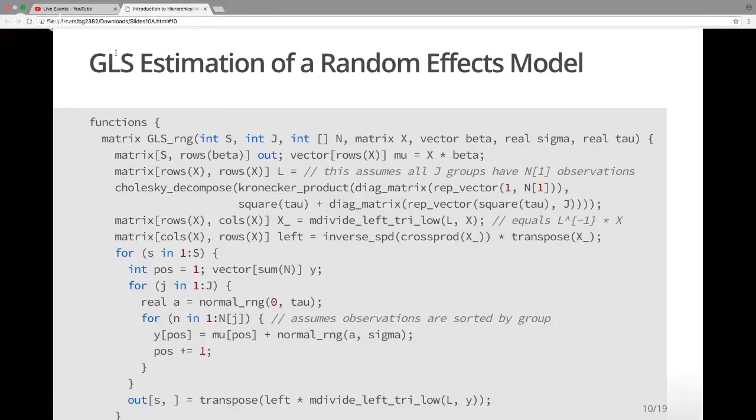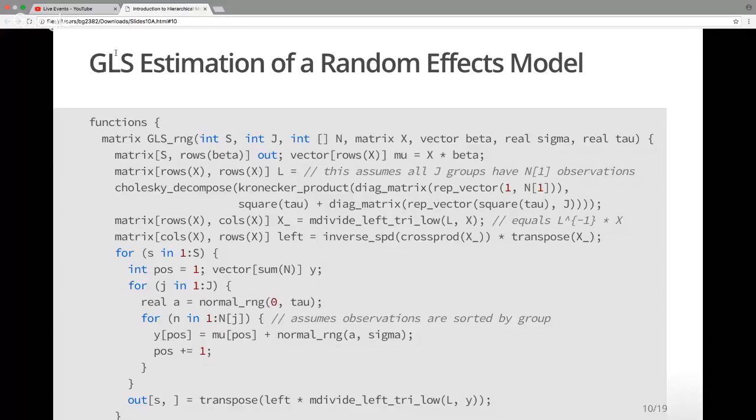So that will build up y for each observation in the jth group. We increment our position, so the next time through the loop, we're talking about the next observation. And when we've done both of these loops, looped over the groups and looped over the observations within the group, we have an entire vector that's been filled in with numbers, and then we can use that vector y in conjunction with some estimator of the parameters in the model. So does everybody understand what I did here from like this line to this line?